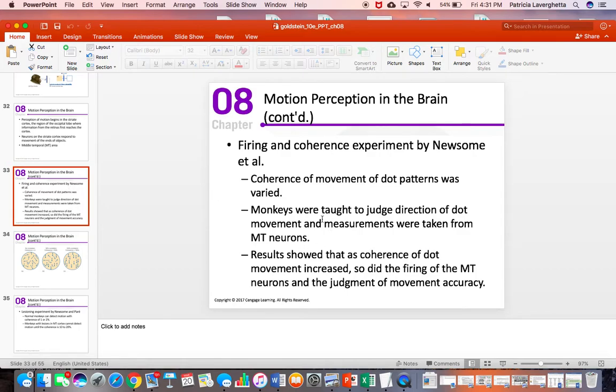And so this is sort of interesting. You can see their results show that as coherence of dots movement increased, so did the firing of the MT and the judgment of movement accuracy. So they found that as they got better at this task, we saw a correlation in the way those neurons worked. Newsom and Perry also, I believe they did say this, or at least maybe some scientists afterwards argued that